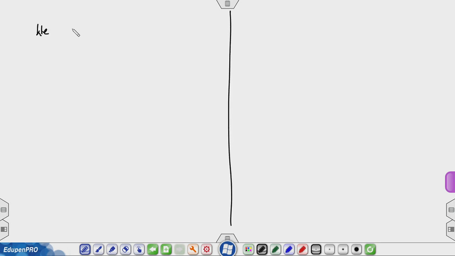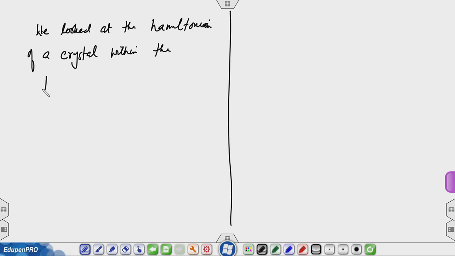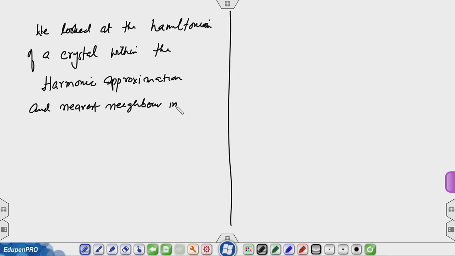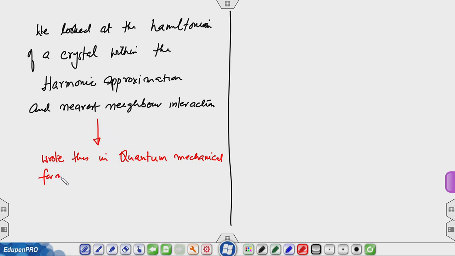We looked at the Hamiltonian of a crystal within the harmonic approximation and nearest neighbor interaction, and then wrote this in quantum mechanical form by defining operators